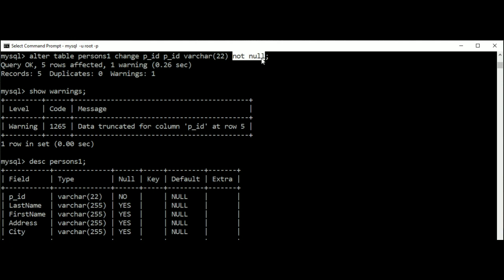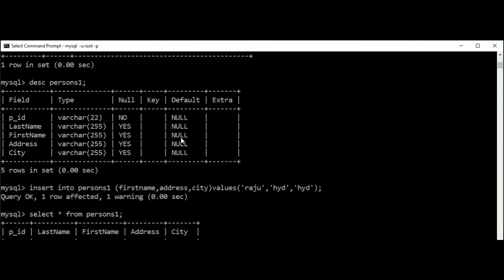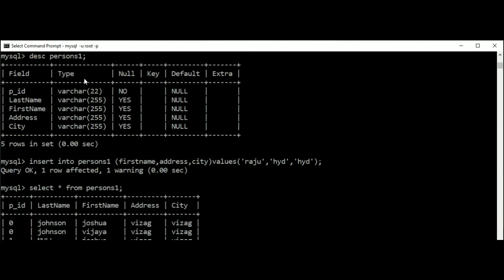So previously while I changed the data type from integer to varchar, it was modified from not null to null. Now again I am going to change this varchar data type of PID from null to not null. So what am I going to get here? Now when you see DESC persons 1, the PID has changed to NO again. I hope you can observe the difference. Now the PID value cannot accept any null value even though it is of varchar data type, because we have altered the properties of this particular field called PID.